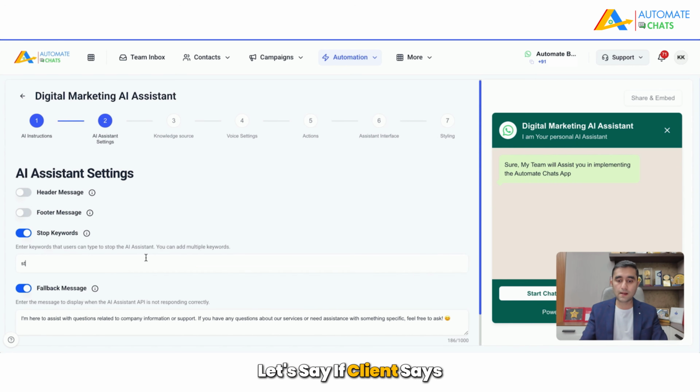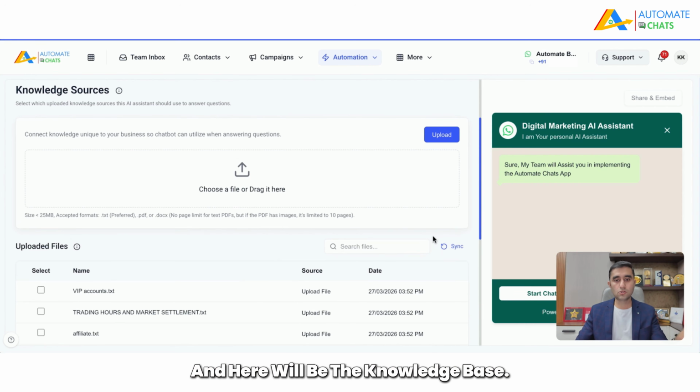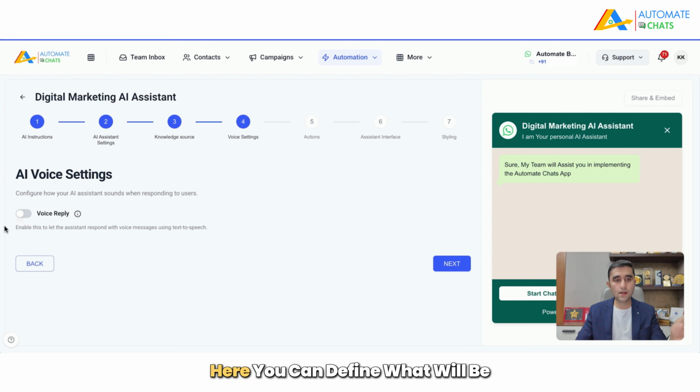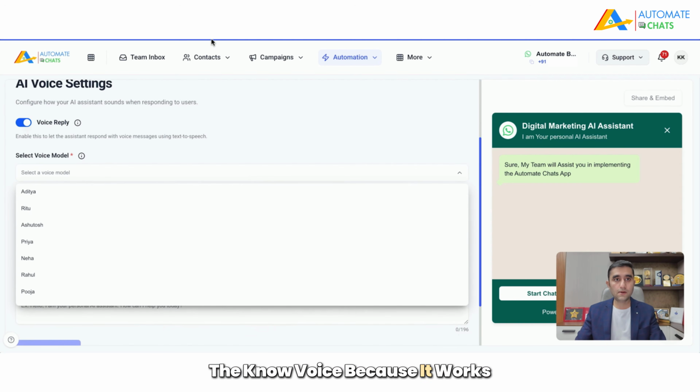Stop keyword: let's say if the client says stop, then it will stop. Footer message can be defined here, and here will be the knowledge base. So let's say you or your team can upload a PDF which has a detailed knowledge base, and based on that knowledge base, here you can define what will be the voice,